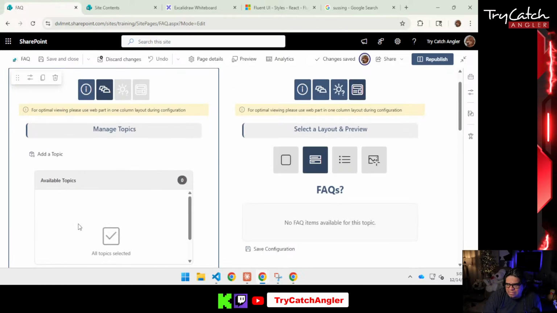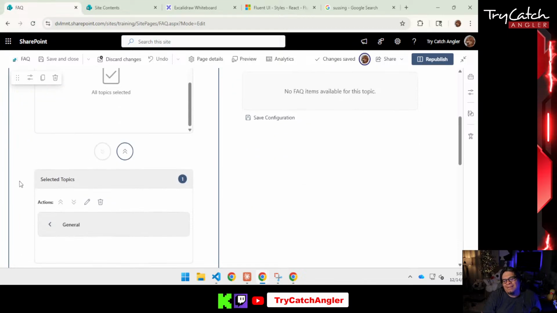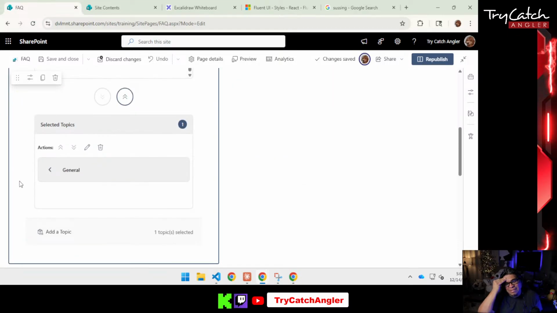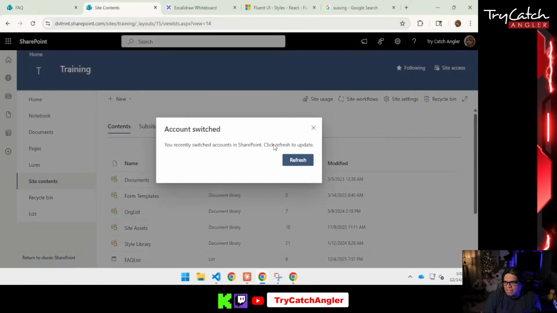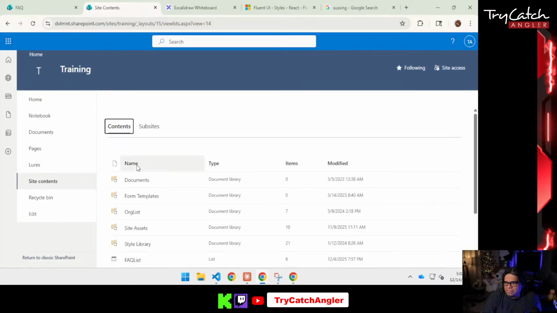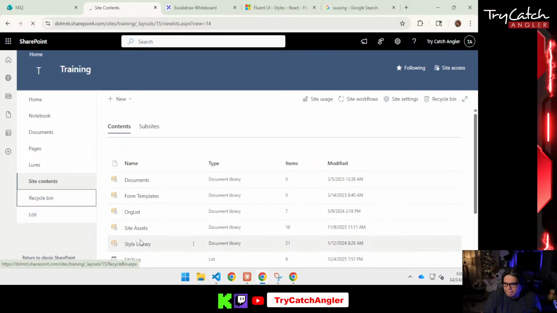Oh, shoot, I deleted the topic. That is actually not a good thing. I also need to fix that, because they shouldn't be able to delete things without having some kind of verification, because they might accidentally click on that delete button and goodbye question. But let me bring that question back. Let me refresh this. If I go to recycle bin,